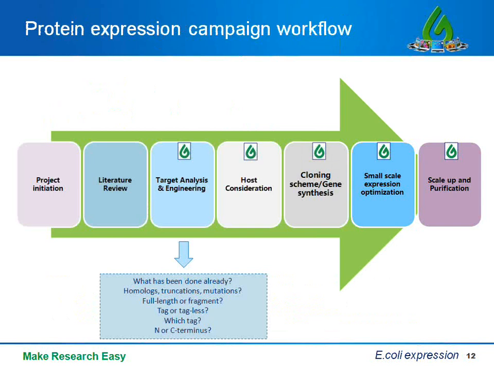And while I show this as a sequential chain of events, you know that some of these steps work in parallel. So after a project has been initiated, the first logical step is literature review, wherein you scour the web to see if there is a literature precedent for your target protein. That is, maybe it has been produced already by another group. If so, can you get the protocol and reproduce it?